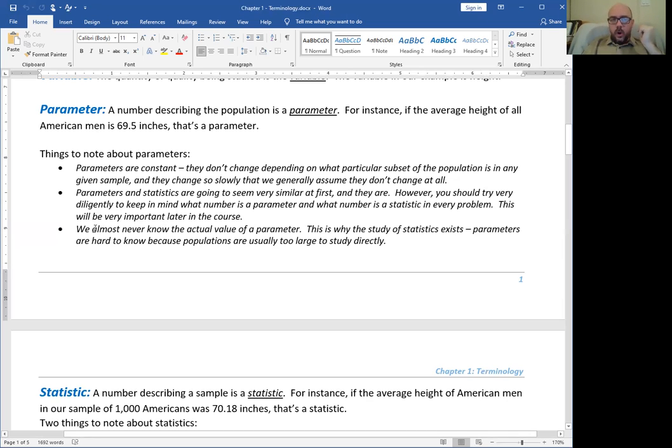And again, we're almost never going to know the actual value of a parameter. Almost never. Sometimes you can have a pretty good idea of what the value of the parameter is, if you've done enough sampling. For instance, the average height of American men is actually fairly well known because tens or hundreds of thousands of American men have reported their height to various things. And so we actually know that this number, 69.5 inches, is quite accurate. It's not the actual parameter, but it's so close that we just don't make any distinction between the two. But in general, we're not really going to know the actual value of parameters very often. Most of the time, we're going to be trying to estimate those from the data,